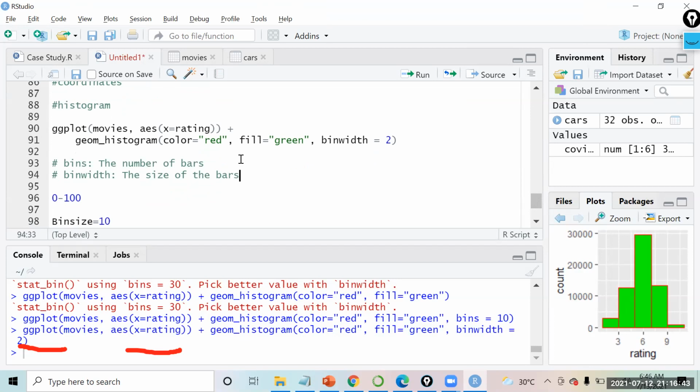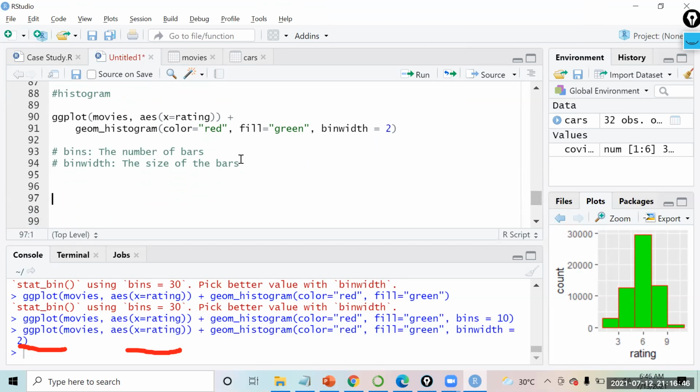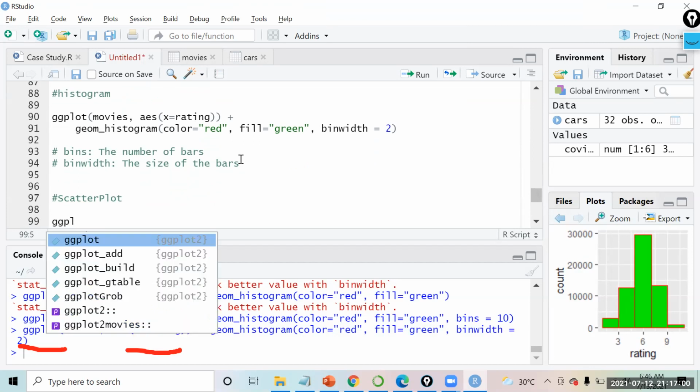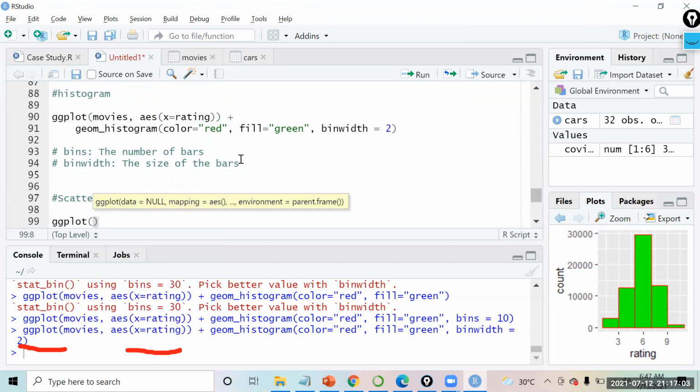Similarly, if I come over here now, what we will do is create a scatter plot chart with the help of the ggplot package. I will use the same chart that we created, weight versus mileage. So I'm simply going to say ggplot, dataset name, which is mtcars. I'm going to say aesthetics. Now this will be very interesting because we will learn a lot on this. On the x-axis, I want to keep, say, weight. On the y-axis, I want to keep the mileage.